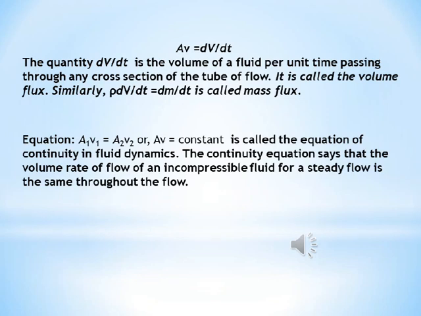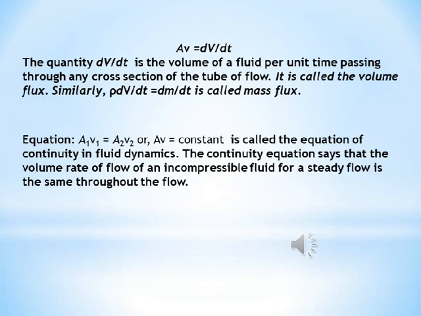Okay. Now we have already derived the equation, right? In case of the continuity equation, we have to say that the fluid is incompressible and it is steady flow only. We have to consider the fluid is steady and incompressible. Only then is the equation of continuity correct, which is nothing but A1 V1 is equal to A2 V2, or we can say AV is equal to